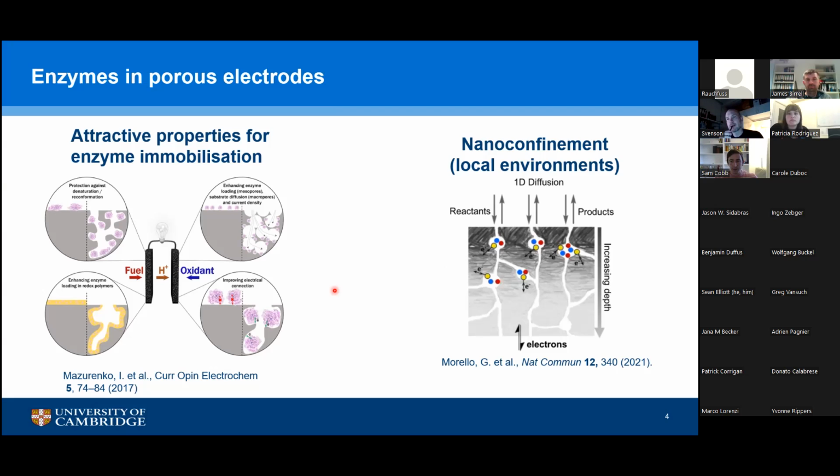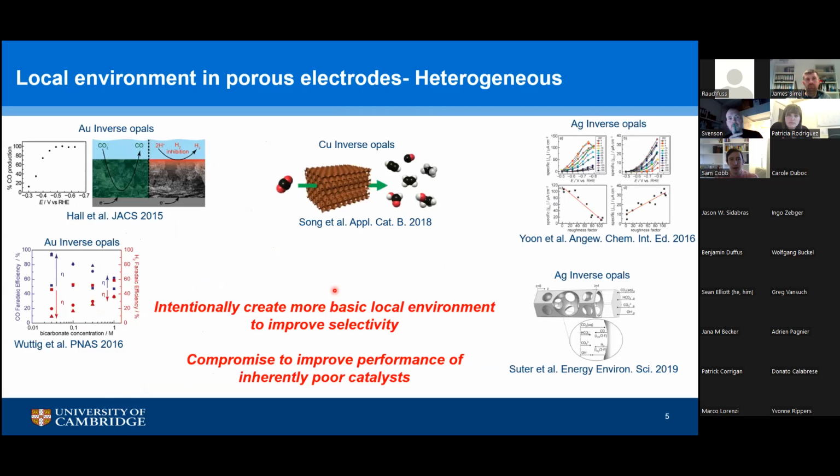And this allows us the opportunity to think about creating a local environment that can maybe make intermediate transfer better, help with cofactor recycling. And there are a number of reasons that you might think this is beneficial. But enzyme people aren't the first people to get there. There's been a lot of work in heterogeneous catalysis also on